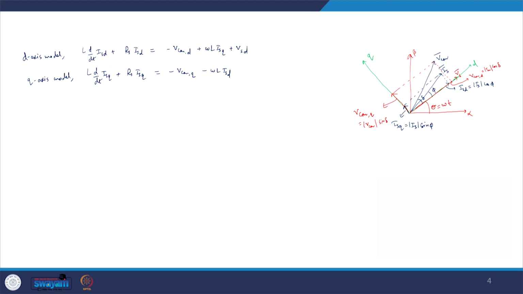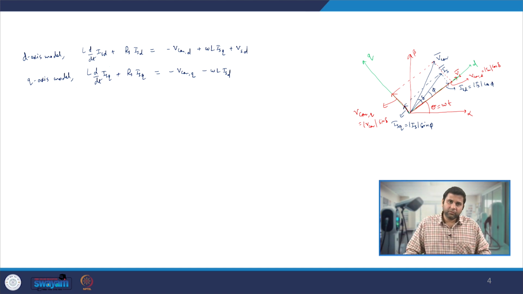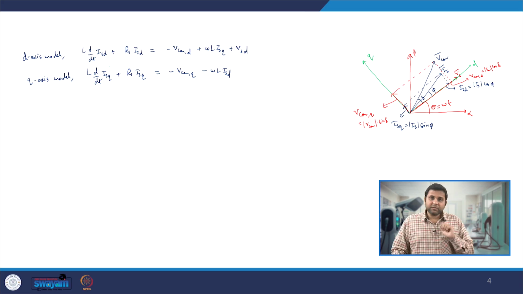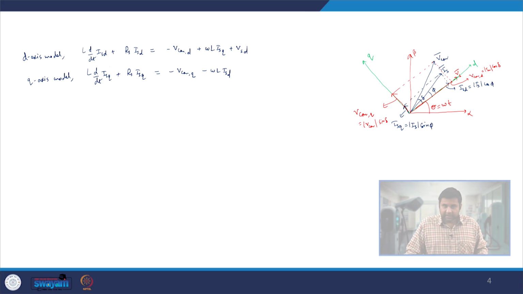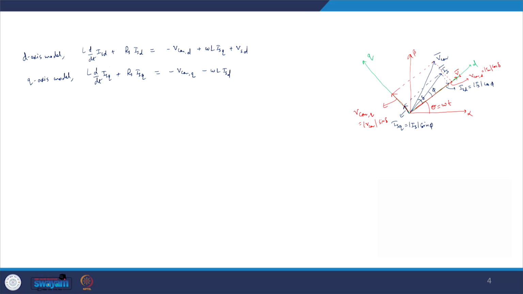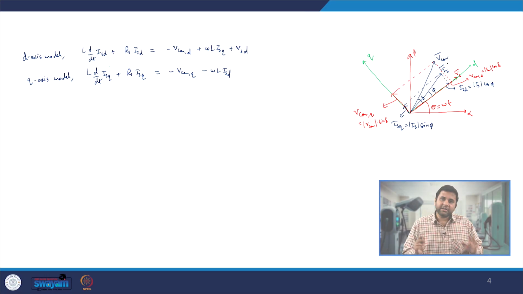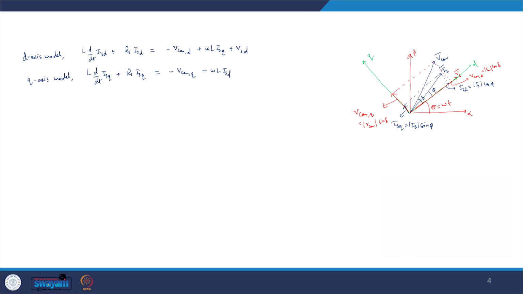And when we see this, there are two prime objectives: obviously maintaining the output voltage, and the second one is that we have to ensure that our currents in all the 3 phases have unity power factor. That means, if the current has unity power factor, it indicates my IS space vector, which contains the combined information of all the 3 phases, ISA, ISB, ISC, because from ISA, ISB, ISC we obtain the IS alpha and IS beta components, and from those we get the ISD and ISQ components.